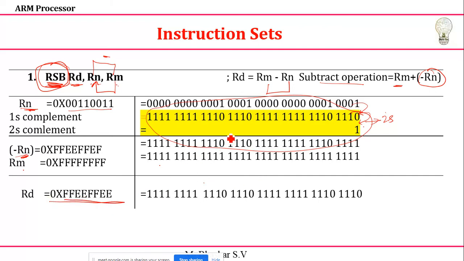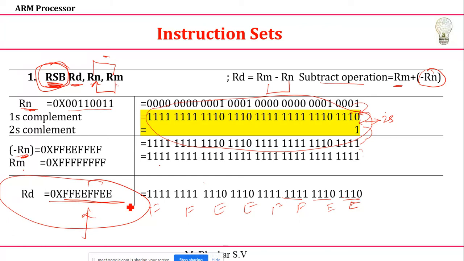If you want this process, you know, right? How we are getting all these things. Those complemented and normal method binary addition process you do, group 4 4, then I'll get the value. You can see 1110 is E, it is also E, it is F, it is F, again it is E, it is E, F, and it is F. So I'll get the result of this. This is the value it will be displaying. Okay, so in this way you'll get the results.